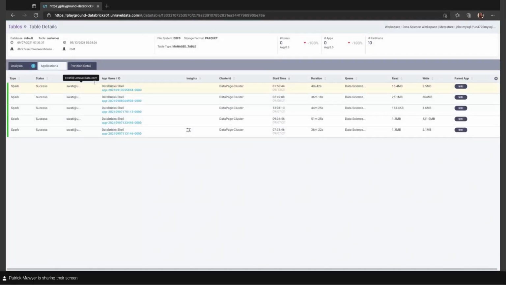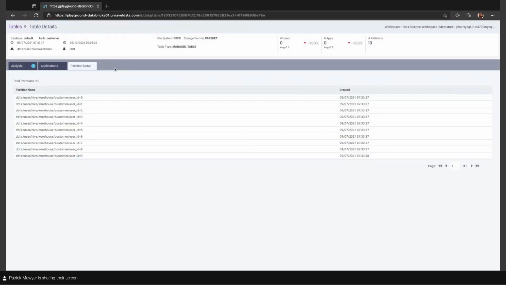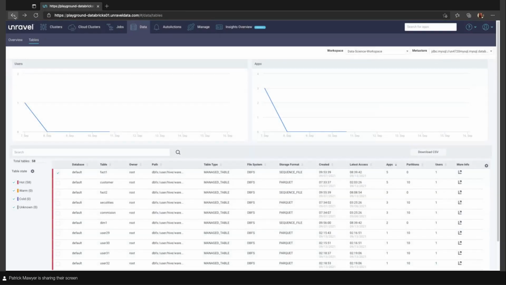If I want to see specifically those applications that are accessing that table, I can do that from this perspective. And I can see how much data they are working with. And if I want to look at partition details, I can see that here as well. Now, if I go to,